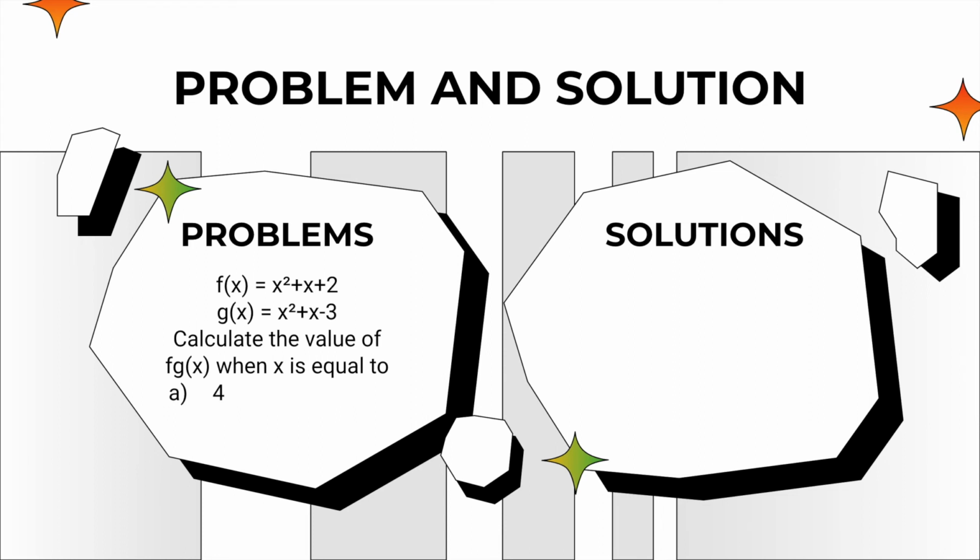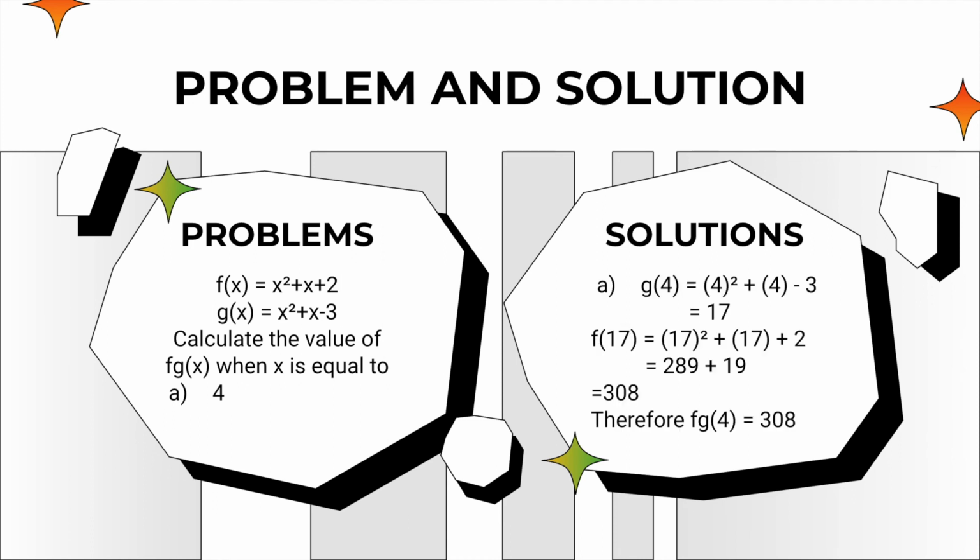Let's take a look at some quadratic functions now, shall we? So we have f(x) equals x squared plus x plus 2 and g(x) equals x squared plus x minus 3. Calculate the value of fg(x) when x is equal to 4. We do the same thing. We input the x value into the first function and then take the answer of that function and input into the second function. So let's input the value of 4 into the g function and we get g(4) equals